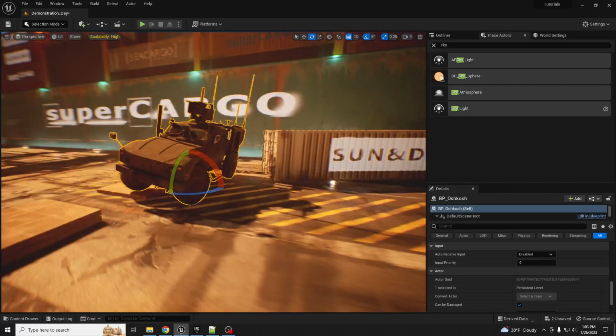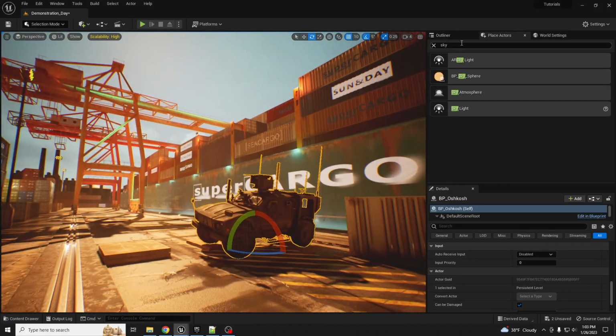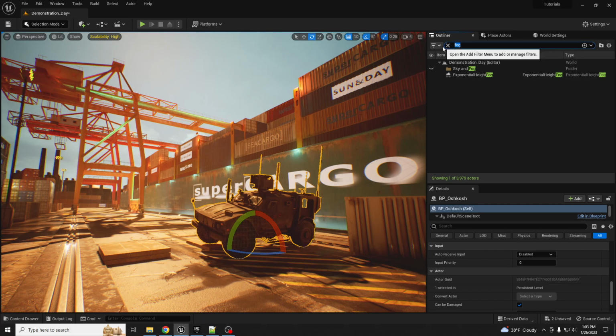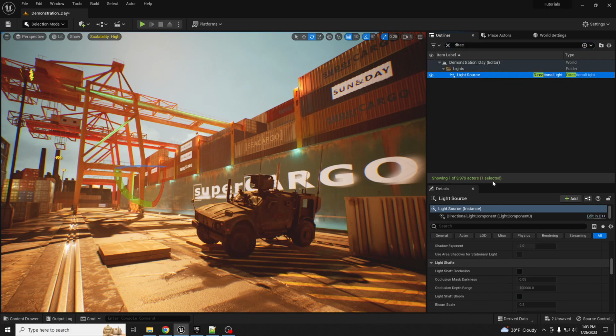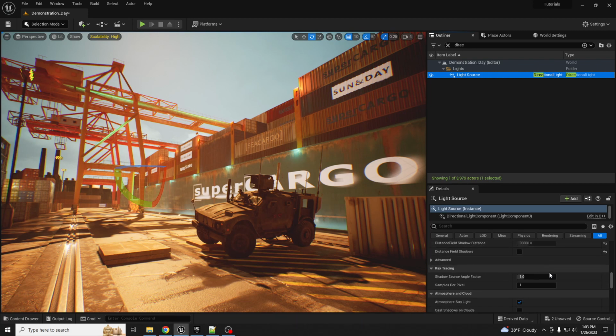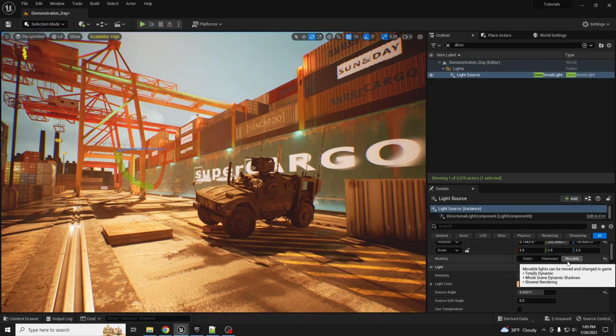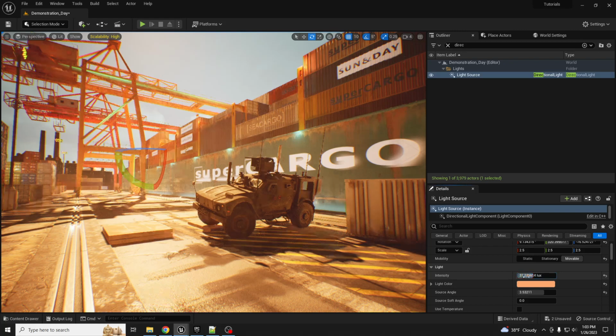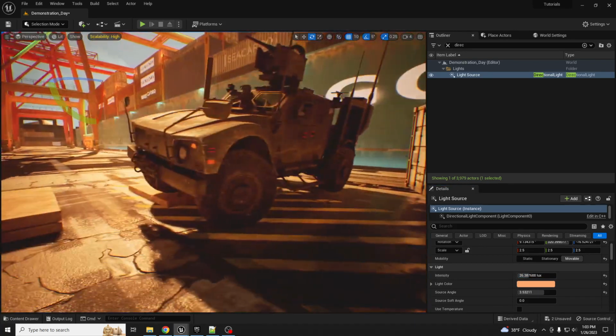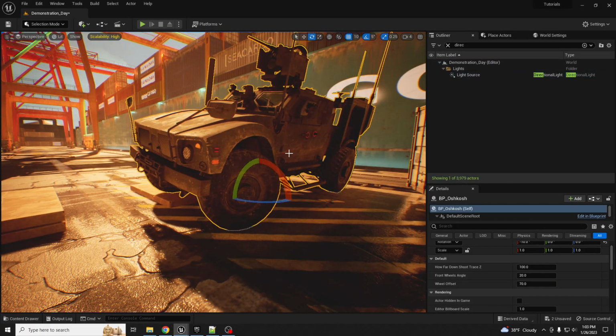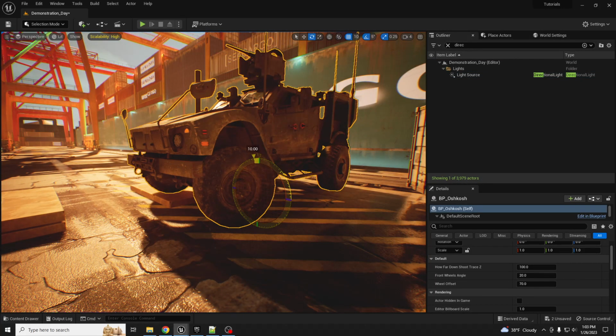Let me just adjust the lighting a little bit so we can see it better. Let's see how I can move this, or increase some of the values. Alright, and just rotate it a little bit, or maybe make this a little stronger. It's not perfect lighting, but just so that you can see the wheels a little better on this vehicle. So if you rotate it a little bit like this, or going forward, those wheels stay